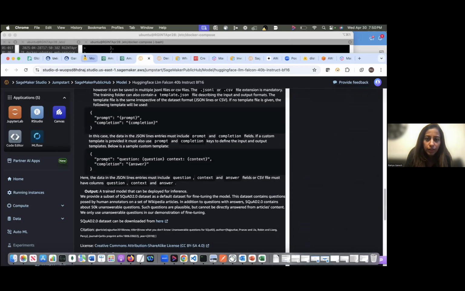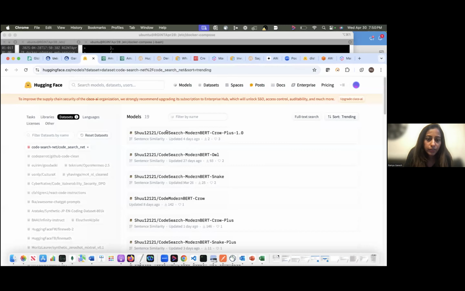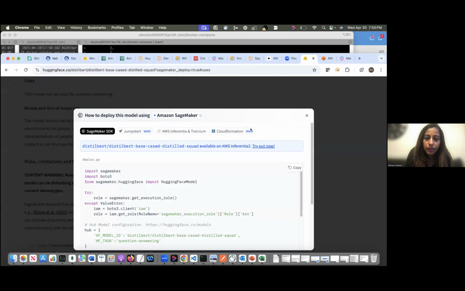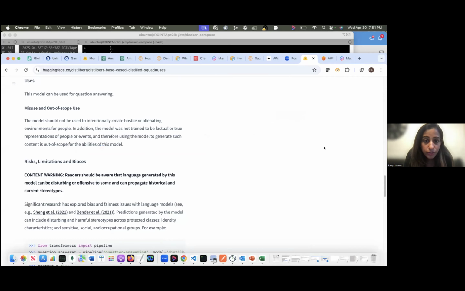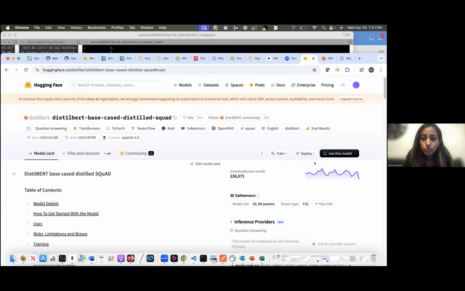Let me actually go to Hugging Face. Click on Hugging Face. Okay, that was here. I just want to show you, if you go to Hugging Face itself, it's open source as well, so you can just create a username and password.